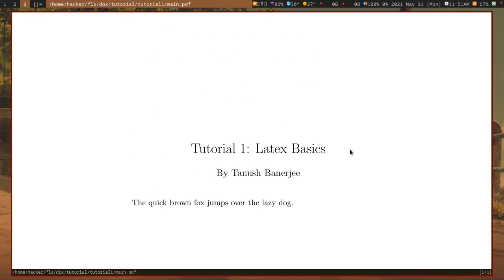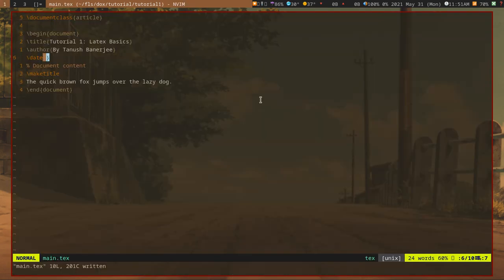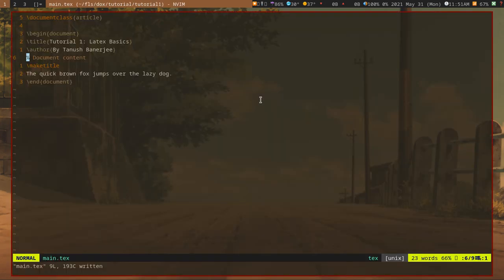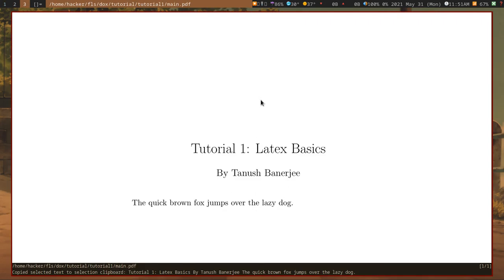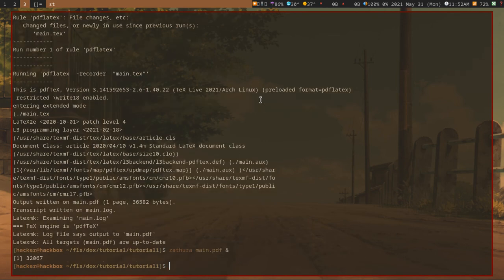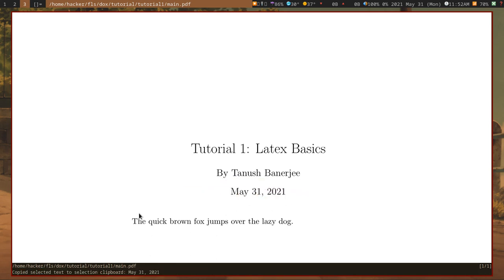As you can see, now it's only in one file. In article I want the date, because the article class is mostly used for something which needs the date. As you can see, you can add the date in here, and then your content in here.